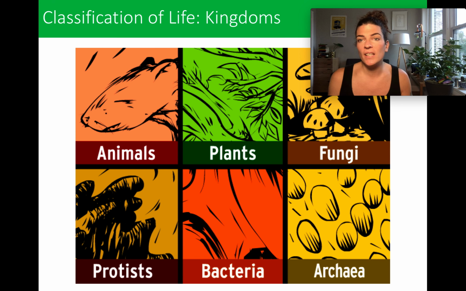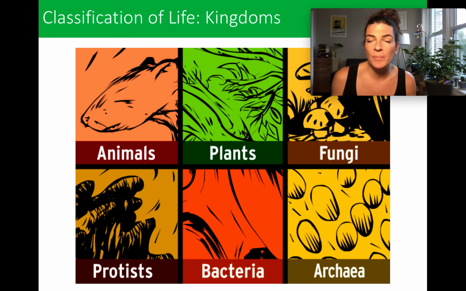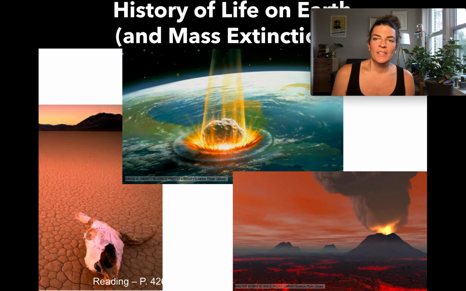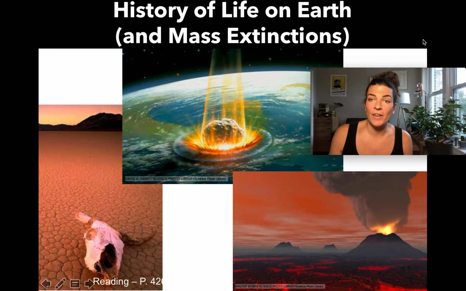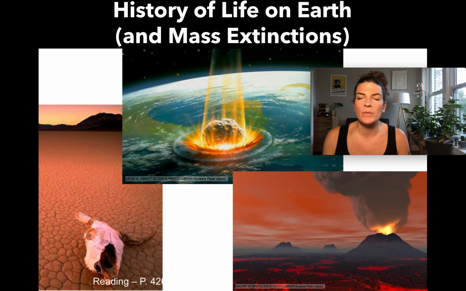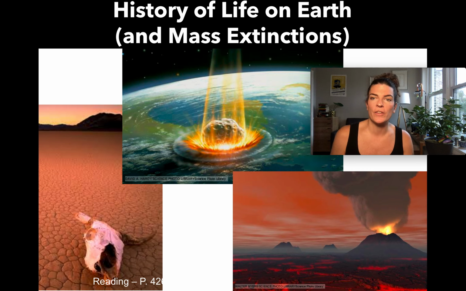So normally in class, I would have you break out into groups, and each group would take one of these kingdoms and do sort of a little exercise on that. But I'm going to skip that today in lieu of what I think is a more exciting group exercise. So let's talk first about the history of life on Earth, and then we'll revisit some of the other more granular aspects of life, and this will lead us into a discussion of mass extinctions.